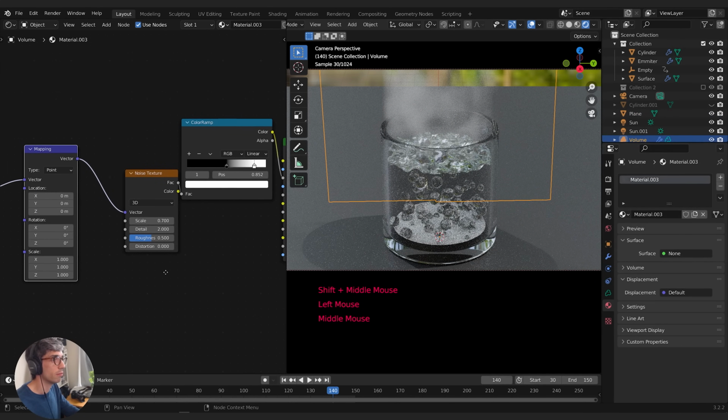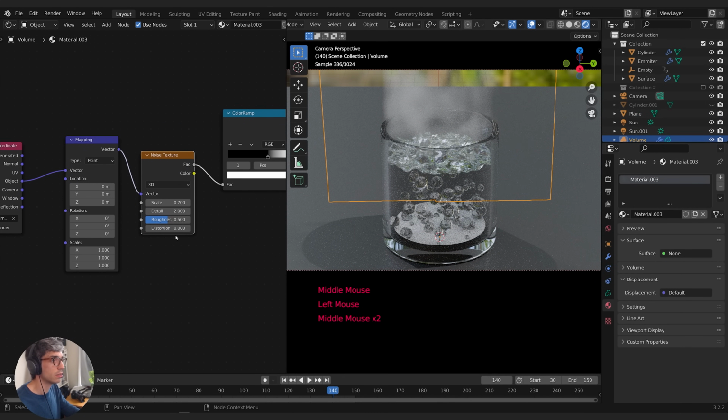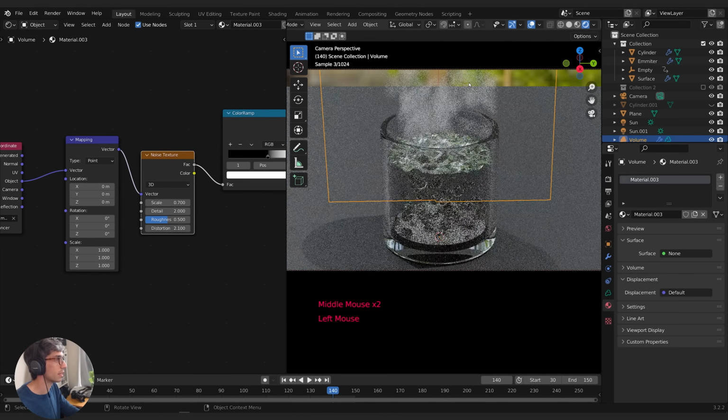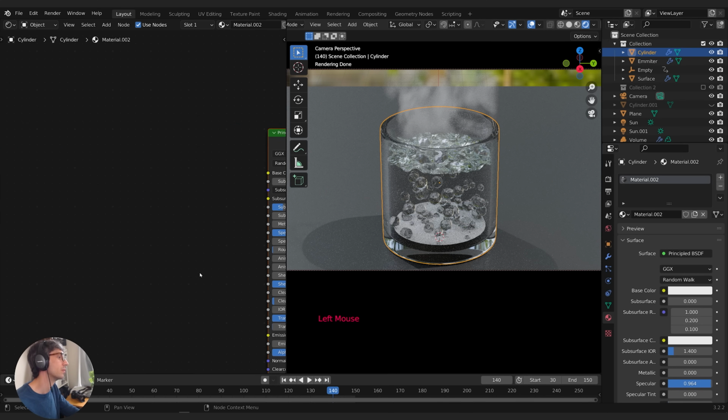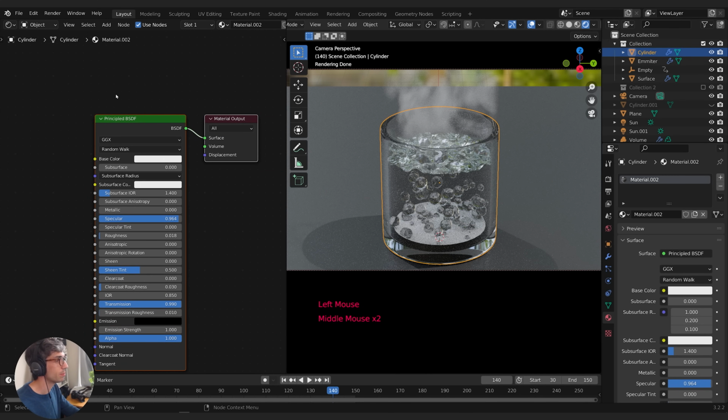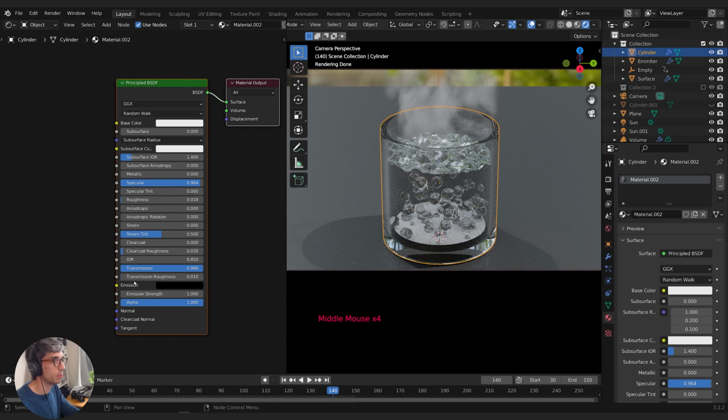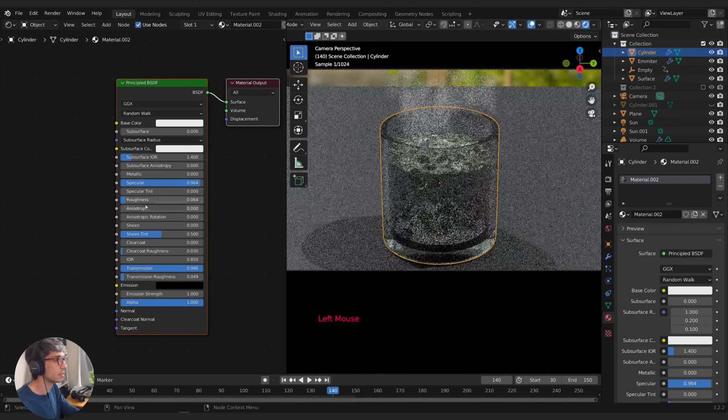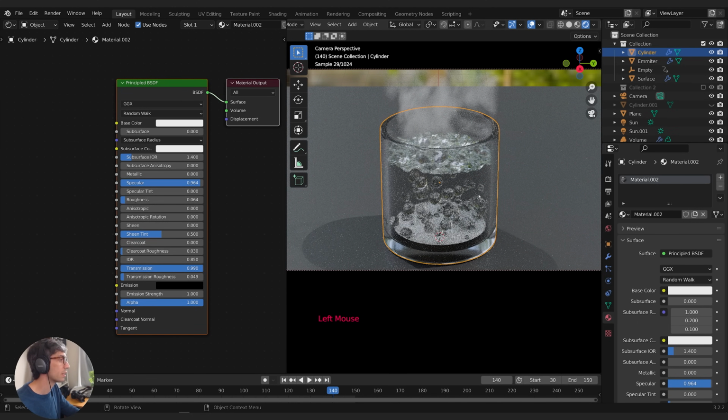Now with our volume, I'll go back to the volume shader and I'll just add a little bit of distortion as well because that creates these nice twists, which really feels right for water. I think it looks really cool. And I'm going to take my glass material and put a little bit more transmission roughness in it and maybe a little bit of roughness into the surface. It will blur things a touch, but it should look really cool.